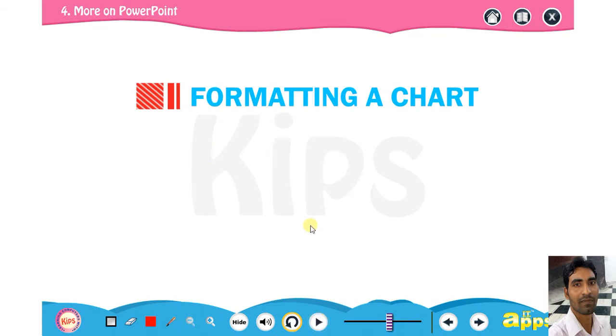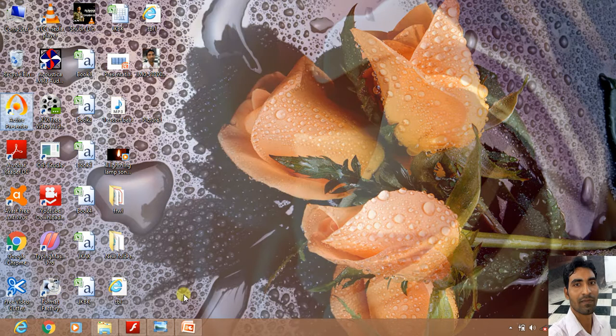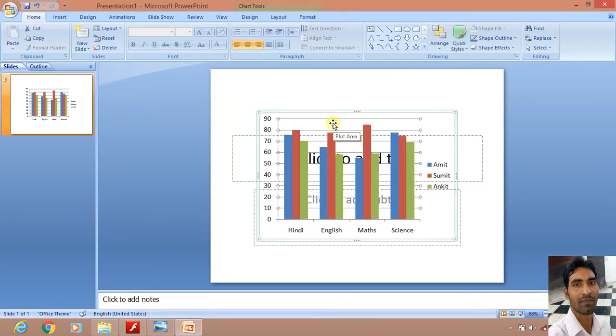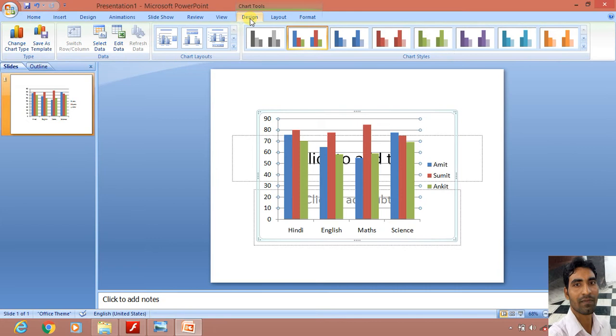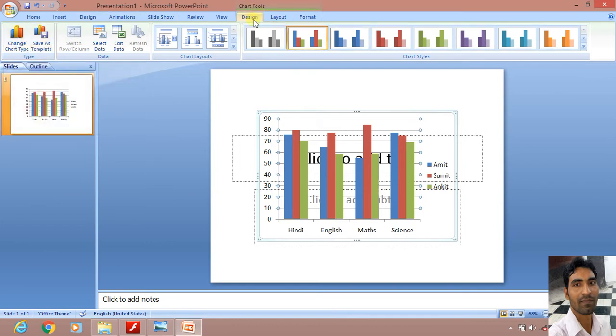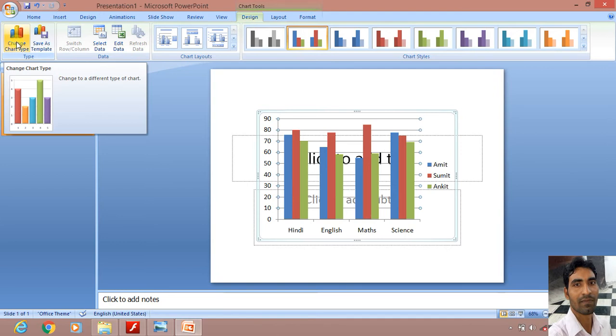So as you can see how to change the chart type, let us also do it practically. Here we have made the chart, so select the chart first. The chart is selected. Now you can see Chart Tools on the top. Chart Tools has 3 tabs: Design, Layout and Format. If you want to change the chart type, click on the Design tab. Here is given Change Chart Type, on the Design tab of Chart Tools.